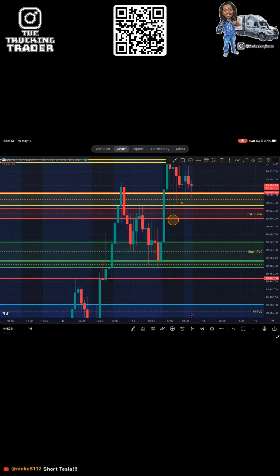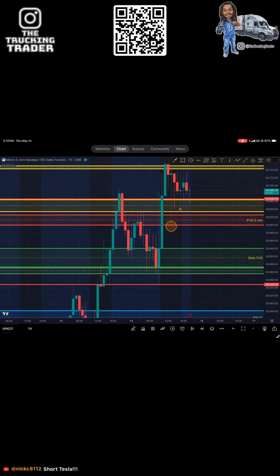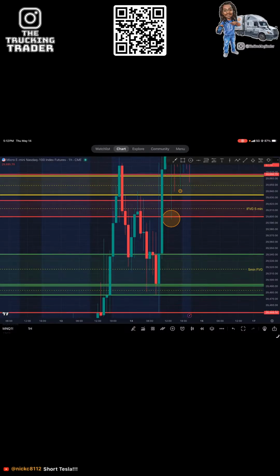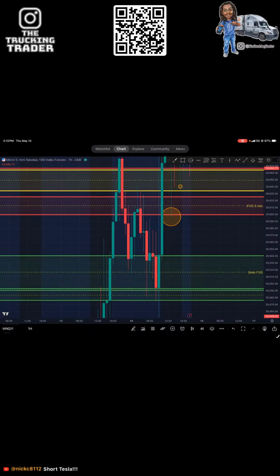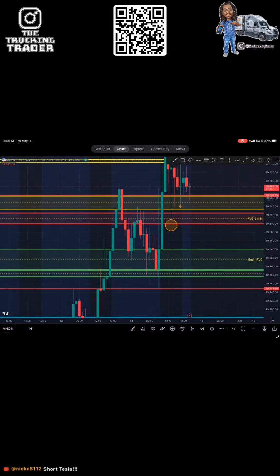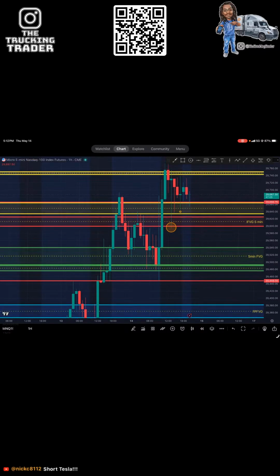Now, this is the hourly chart. We do have a little order block down there right on top of that 5-minute fair value gap where you see these green boxes, right? So we do have an order block on the hourly time frame. So that is a level that I would like to see get touched, maybe in the Asian session, maybe even the London session, especially because we have this liquidity that I just put right there. We have this liquidity, right? And then we have these two order blocks. So whenever I see that,